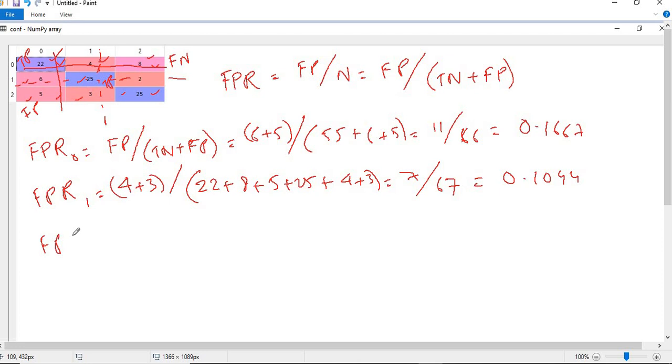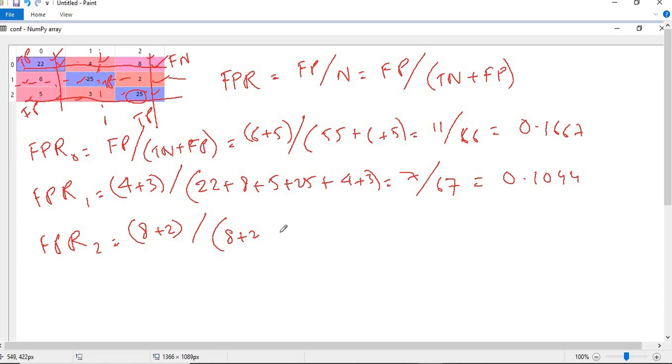Now false positive rate for class 2, you draw a vertical line here and one horizontal line here, right? This value will become my true positive, this value 1 2 3 4 will become my true negative, okay, and then this vertical value will become my false positive. So 8 plus 2 divided by